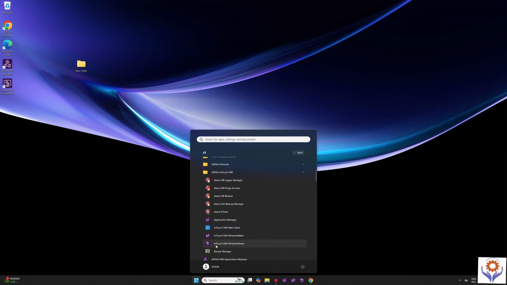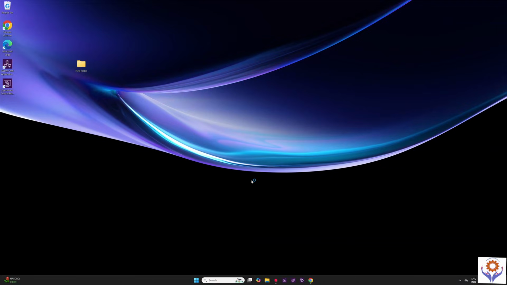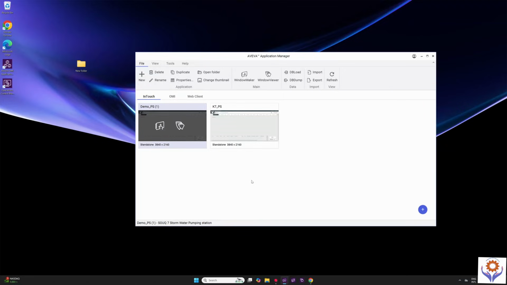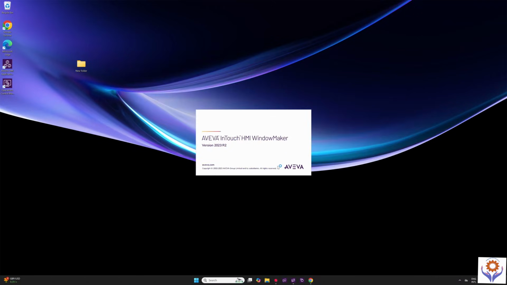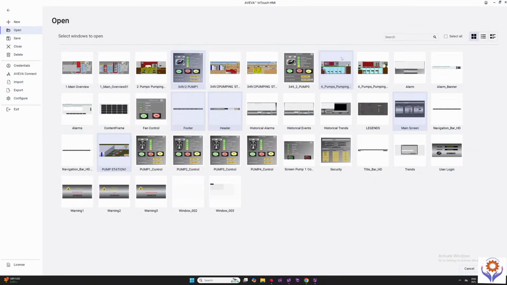To create a new pop-up, you can go to the application, from there you can find InTouch Application Manager, or you can directly click Windows Maker. In my case, I double click AVEVA Application Manager. Once it opens, I will select the particular project and click Application Manager. Once you click the Application Manager, it will open a new window called